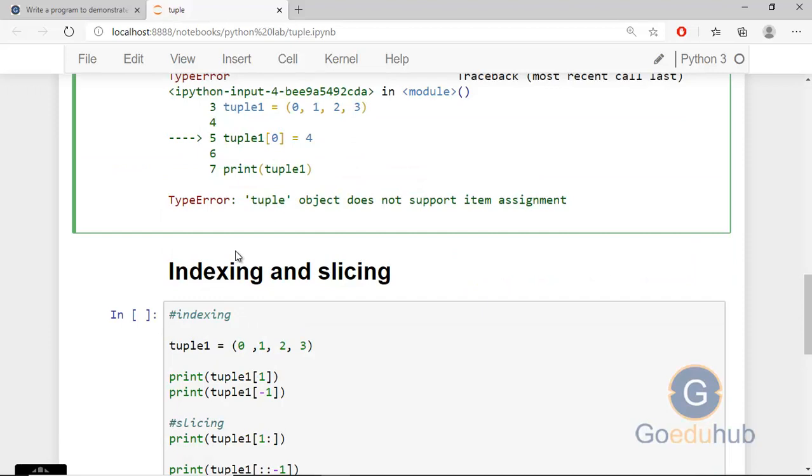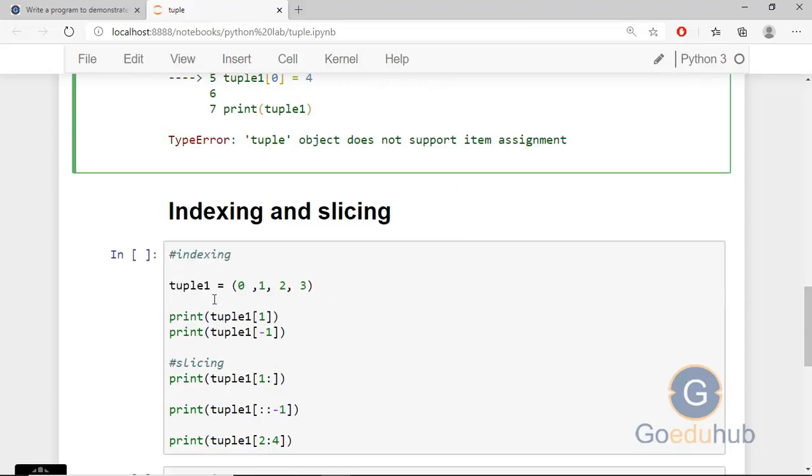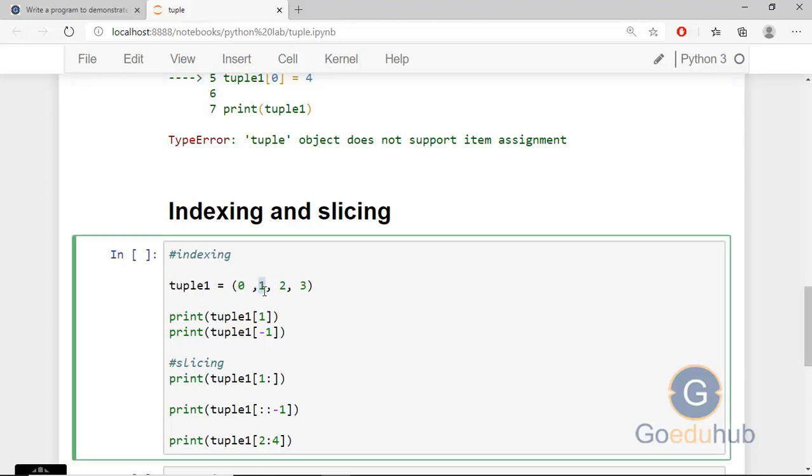Now we know how to create the tuple and when to use the tuple, how to access the tuple elements. Tuple elements we can access through the indexing, and if you want to access a subset of the tuple, then we can use the slicing. So tuple1 is equal to 0 1 2 3. And I just want to print a particular item like item at first location.